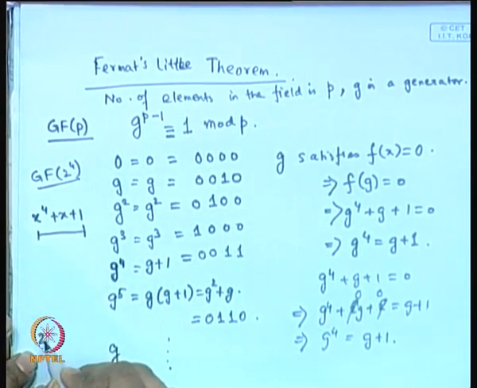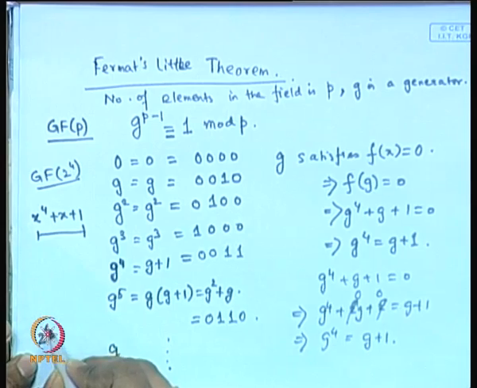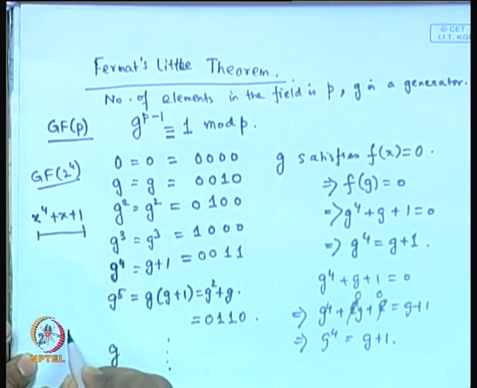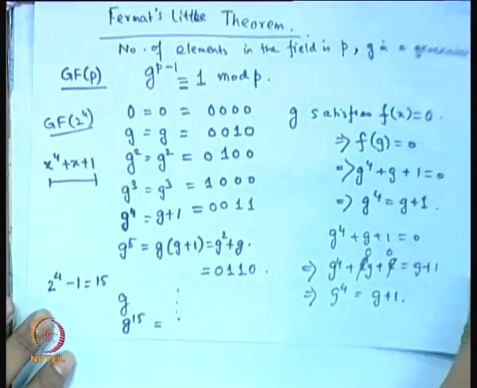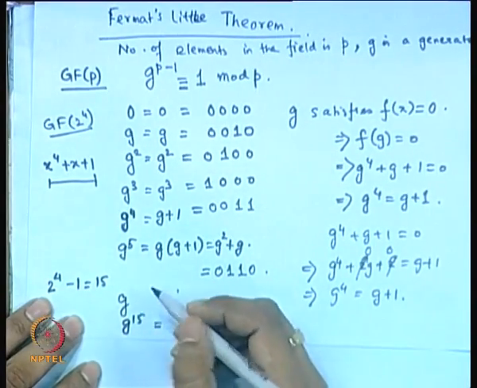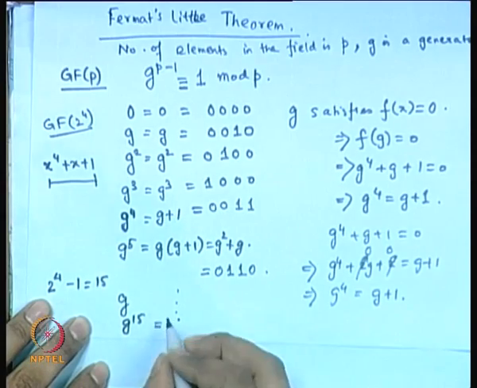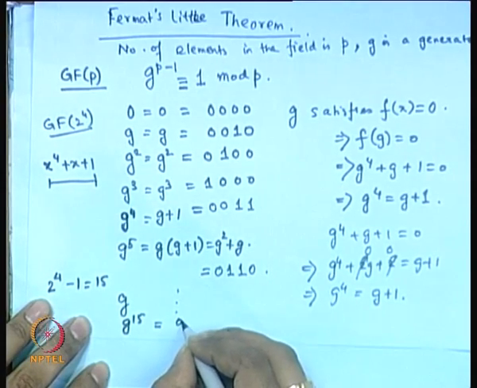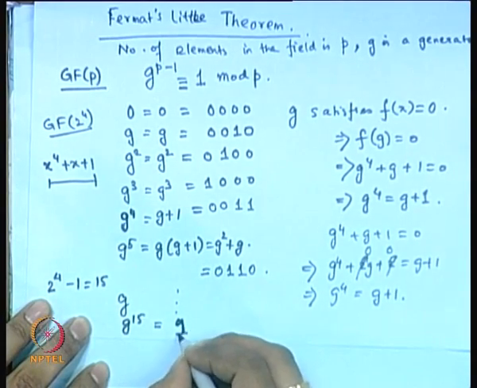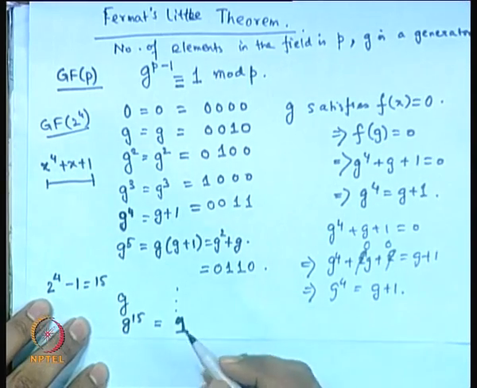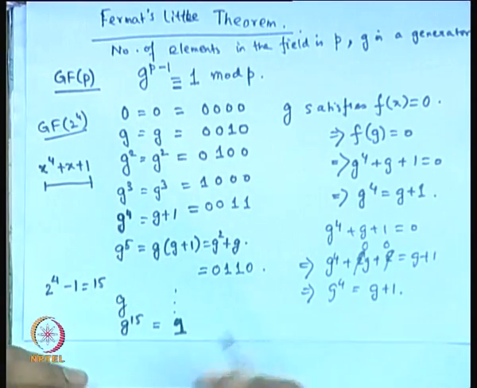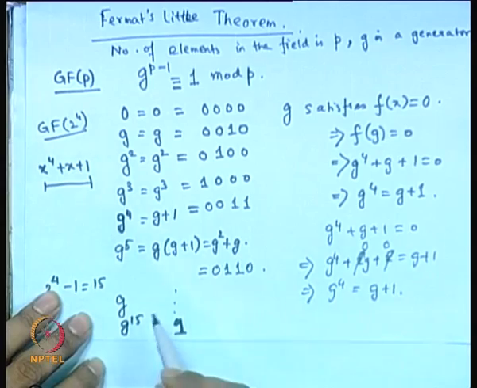But the point that I was saying from Fermat's little theorem is that if I consider 2 to the power of 4 minus 1, then that is equal to 15. So we will see that g power 15 is actually equal to 1, if I keep on multiplying in this fashion. So that means if I would like to find out all the elements, then after this I have got a